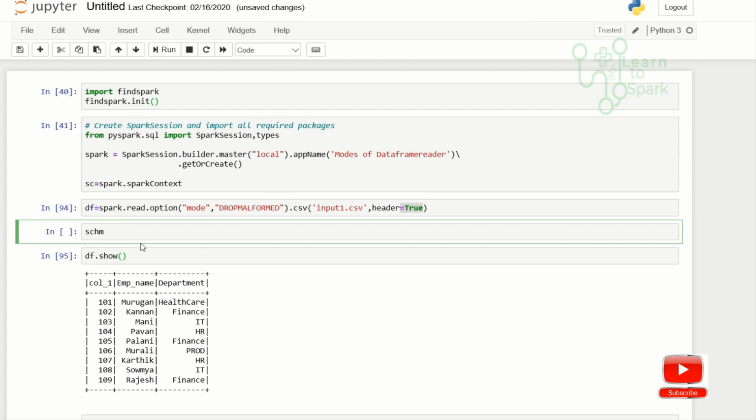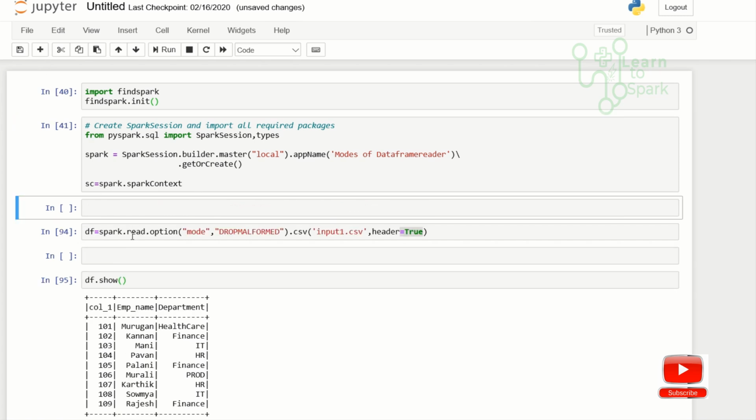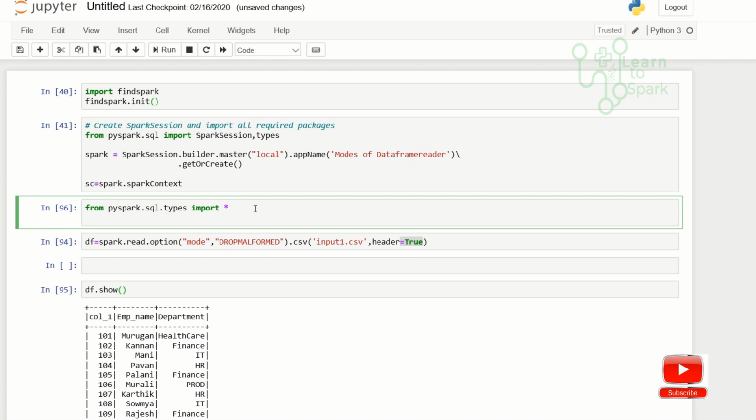I will define a schema. Before that I have to import the required library. And I will define the schema as well.